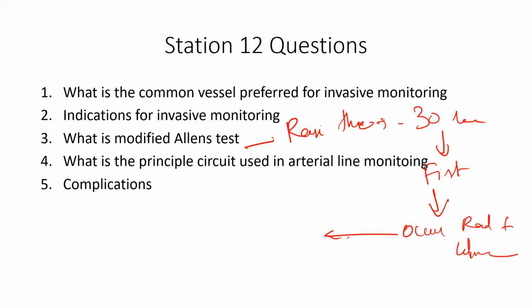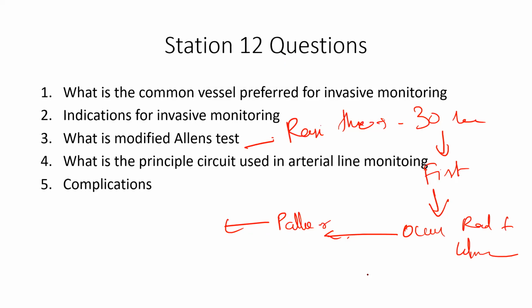Then we ask the patient to open the hand and check. When you open the hand with the two vessels occluded, what do you find? The recirculation, that is the color change. No. What happens, both arteries are occluded, you are asking to open the hand. What do you notice? The discoloration, blanching. Okay, so it will be pallor. It will be whitening out. Now the entire hand is whitening out.